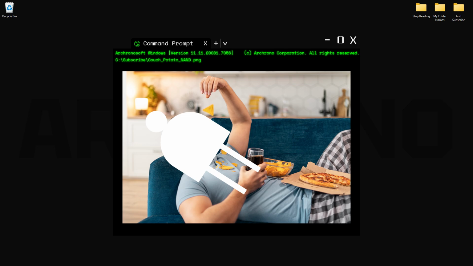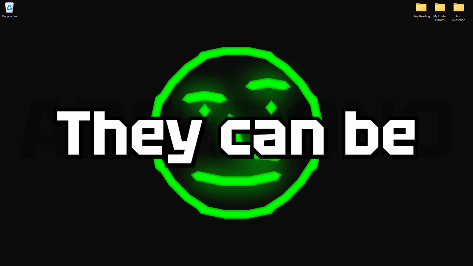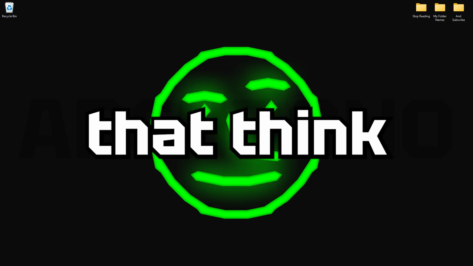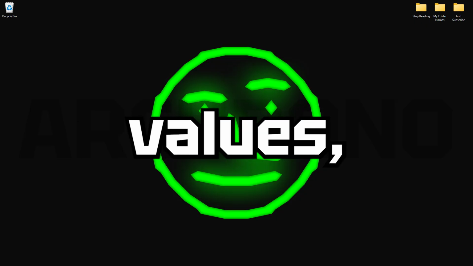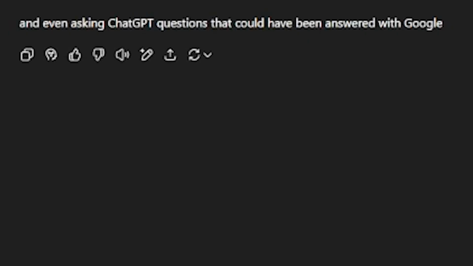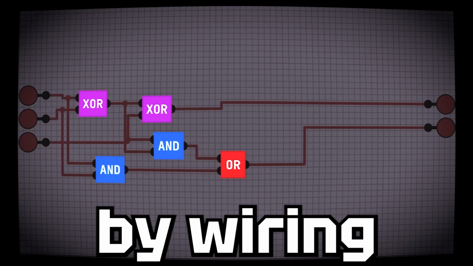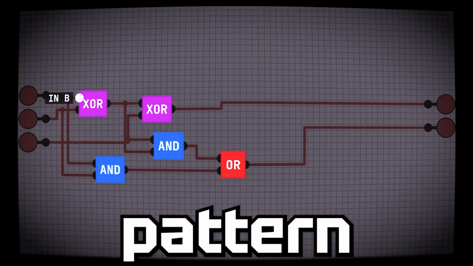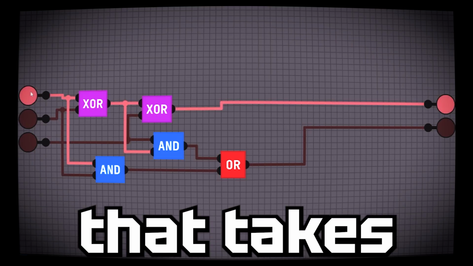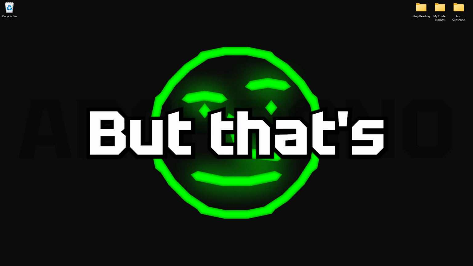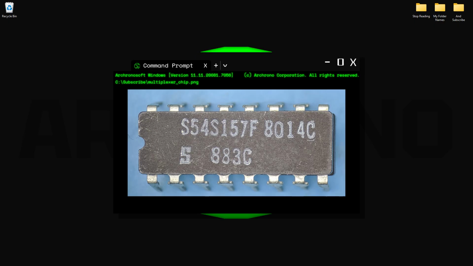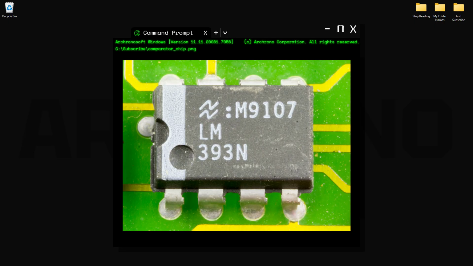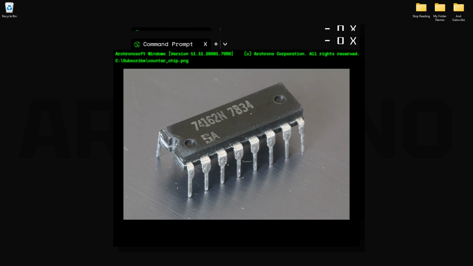Logic gates don't just sit around on the couch all day like our lazy uncle. They can be arranged into circuits that think. Adding numbers, comparing values, and even asking ChatGPT questions that could have been answered with Google. For example, by wiring logic gates in a specific pattern, you can build an adder, a circuit that takes two binary numbers and outputs their sum. But that's just the beginning. You can also build multiplexers for selecting data, comparators for checking value, and counters to keep track of time or